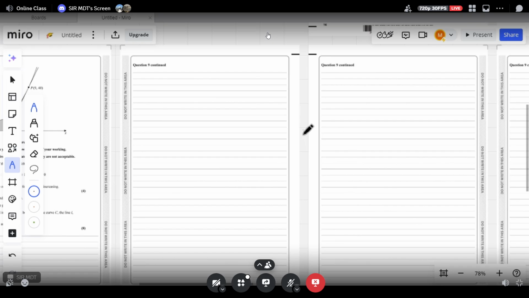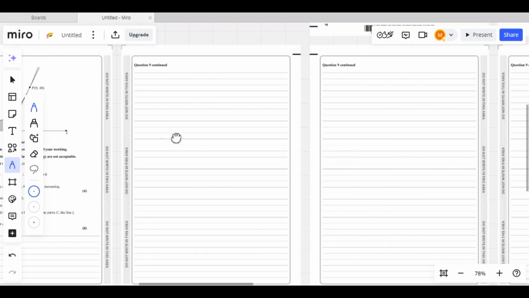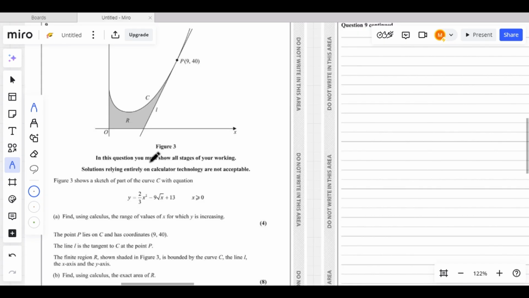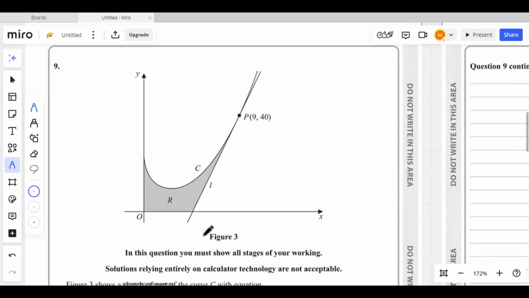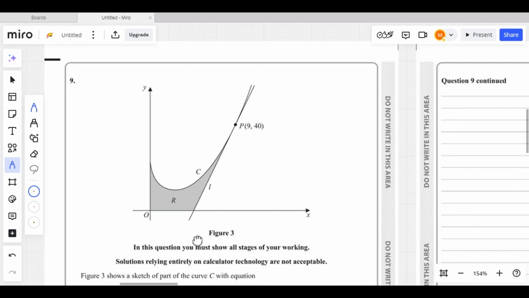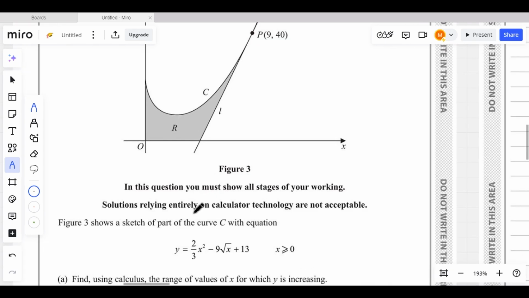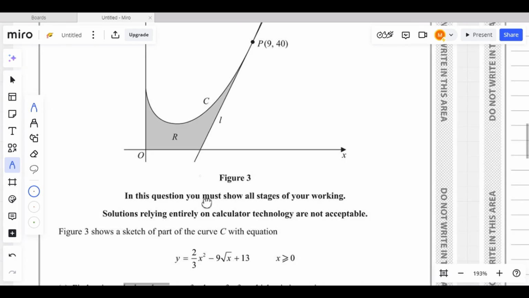So let's see question 9 from the October 2023 paper. This is basically from integration, finding area by using integration, part of calculus. Okay, so the first question